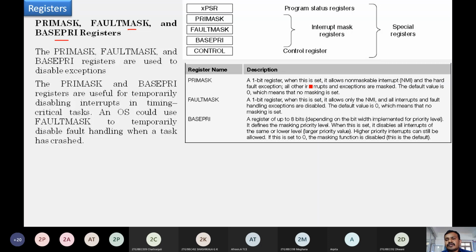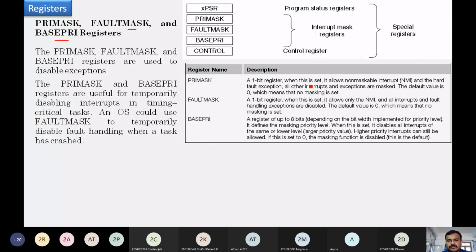So maskable interrupts are not allowed in this setting. The default value is 0, which means no masking is set. So whenever we write a program for a particular processor, whether a non-maskable interrupt received by the processor is going to be entertained or not is determined by the value of the PRIMASK register.